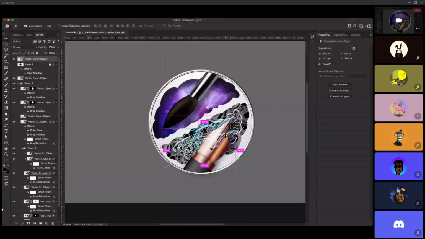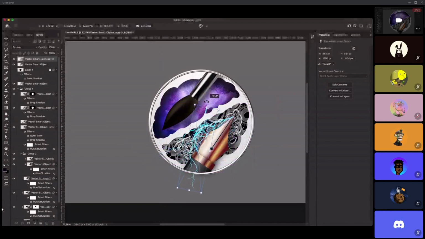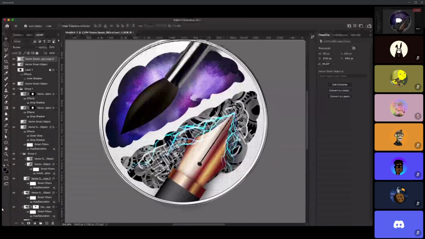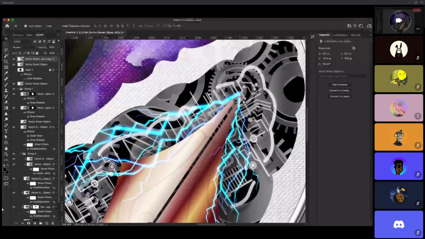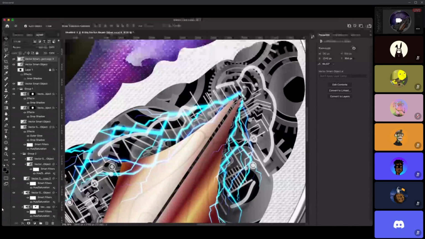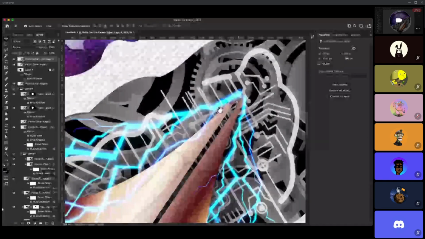I can also duplicate this thing. I can make it smaller, so it adds a bit of balance to the image, like so. Like I said, balance is everything, and also you have to really take care of the bits.